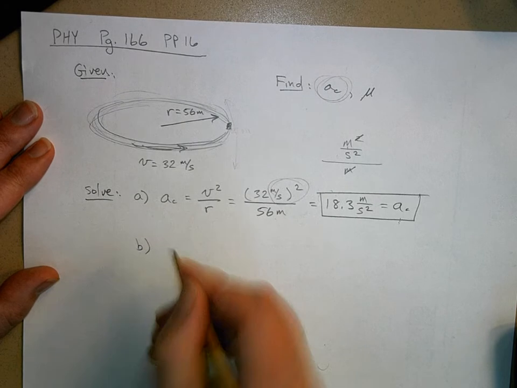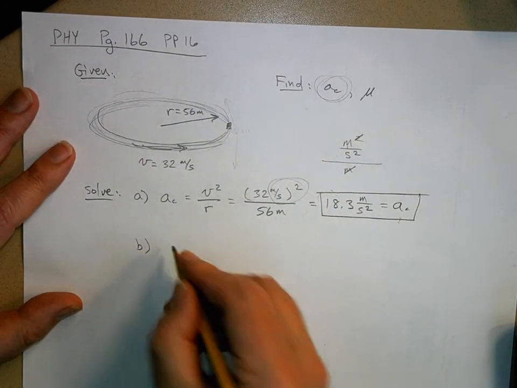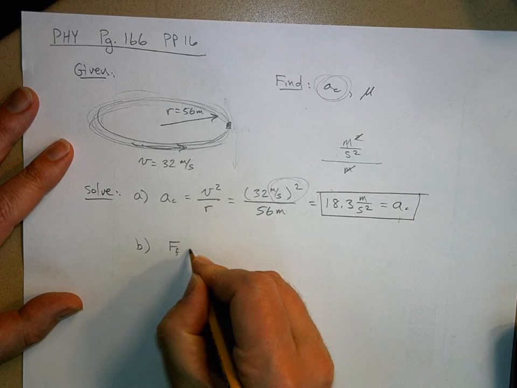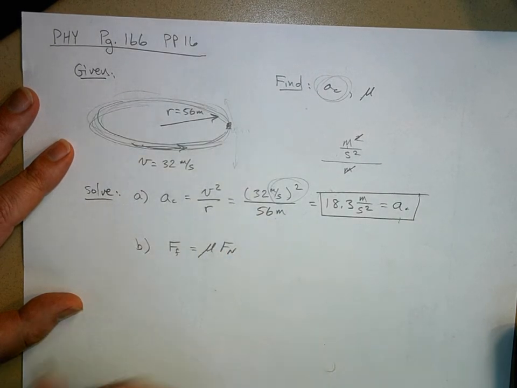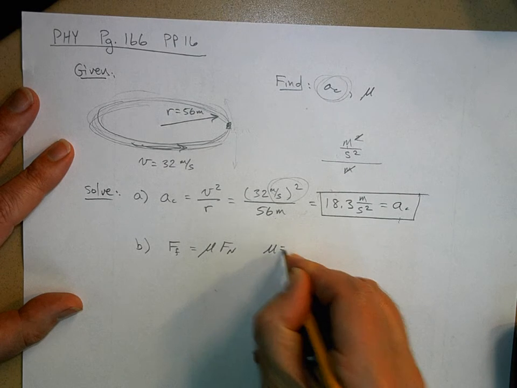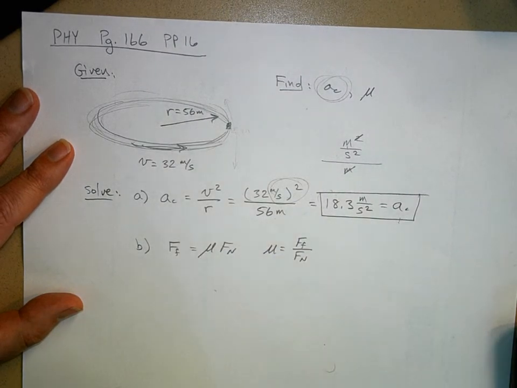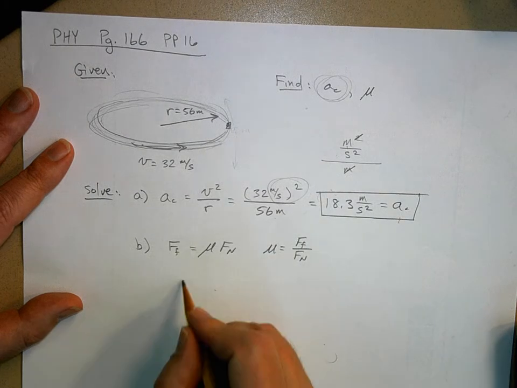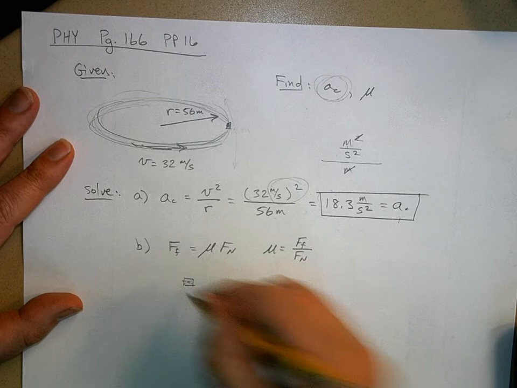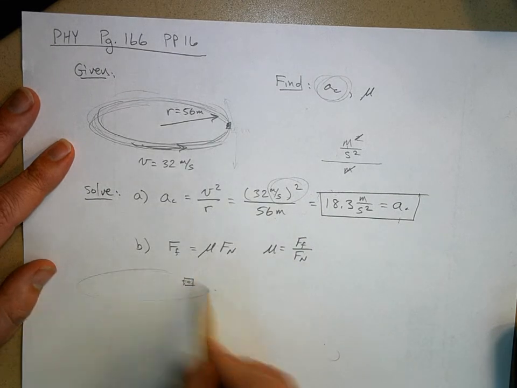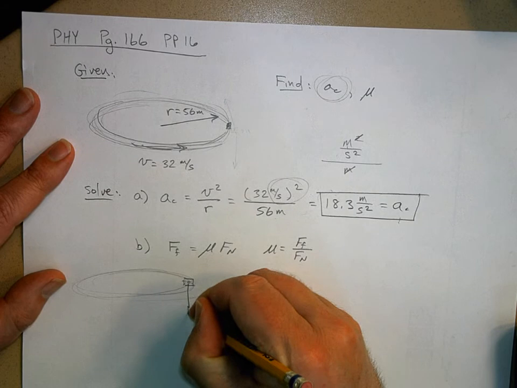Let's try B, because we want the coefficient of static friction. Well, the force of friction is equal to mu times the normal force. So mu is equal to the force of friction divided by the normal force. Well, let's draw a free body diagram. Here's the car on the road, and it's zipping around this circle like this, so we're looking at it edge on, and we've got gravity,